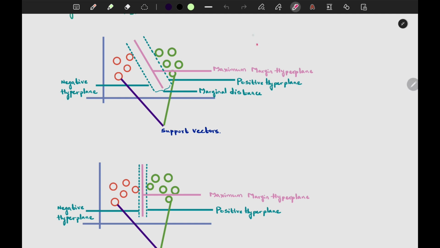So if you see here, this is case 1 and this is case 2. So you might be thinking which is the correct one or which is the best way. In support vector machine, we need to have the positive hyperplane and negative hyperplane in such a way that the marginal distance is more. Here you can see the marginal distance is very less, but this classification is not correct. We want to find a hyperplane which has the distance high. That is all about the support vector machine.